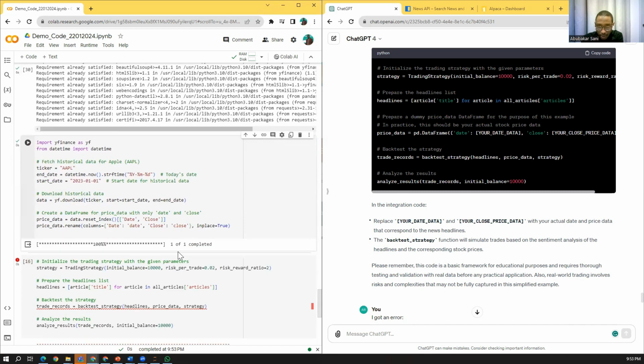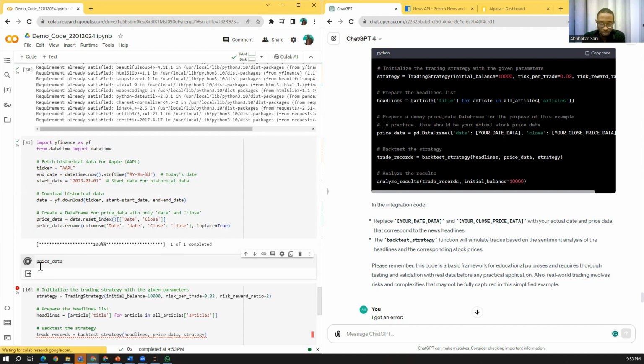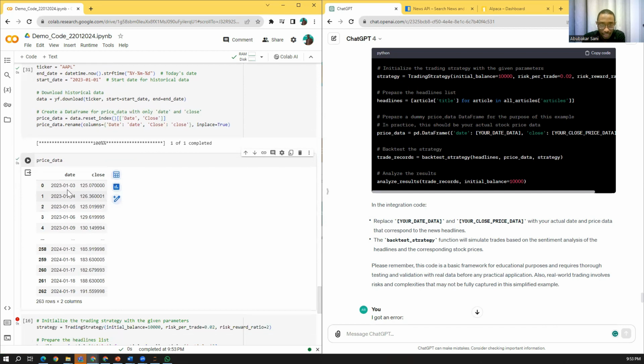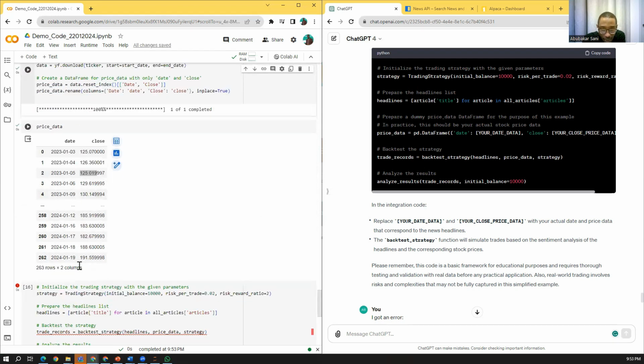Let's print the price data. I want to see the price data. Okay, nice. So look at the dates. So the closing date, this is the price that it closed at. On the 4th day, it closed at 126. 50th day, it closed at this. And yeah, this is the Apple. So we have all of this. So it's 1 year. So this data is 1 year.